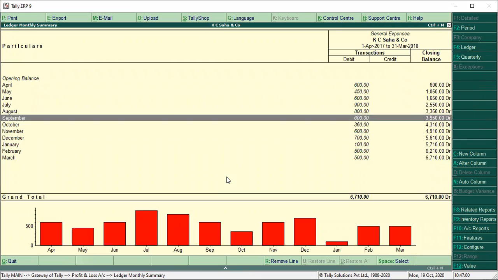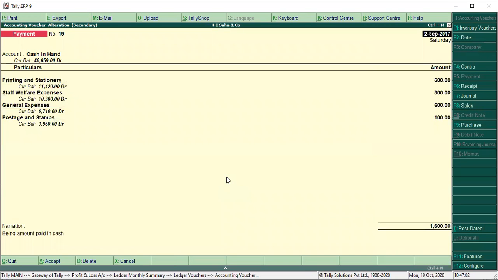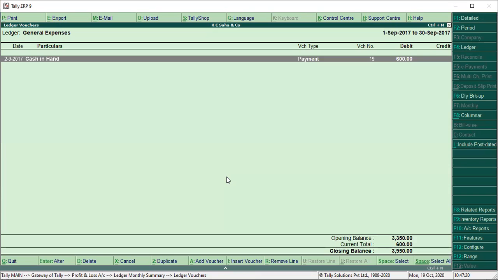Okay, so for the month of September there is one transaction, it's a compound journal entry, so we are checking together, that is printing and stationery, staff welfare, general expenses, postage and stamp, ये चारों का एक साथ चेक हो रहा है आपका, तो आपको ये चारों को अलग से एक्सपेंसेस में जाके चेक करने की जरूरत नहीं है। अमाउंट पेड इन कैश बोला है सितंबर मंथ में, दैट मीन्स ये राइट है, कुछ भी करने की जरूरत नहीं है।